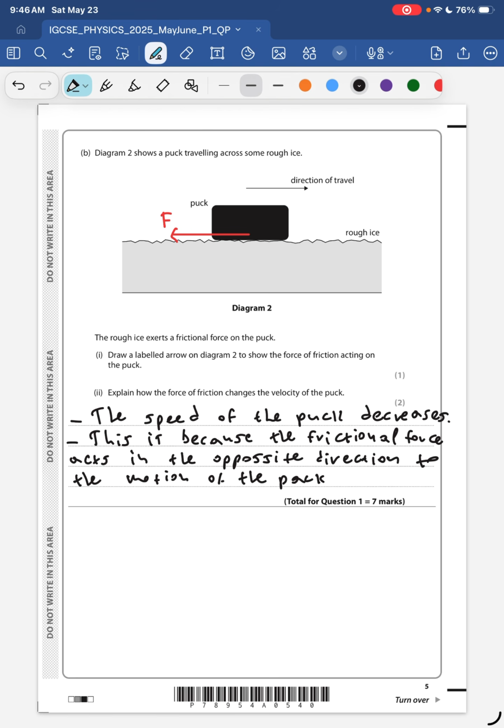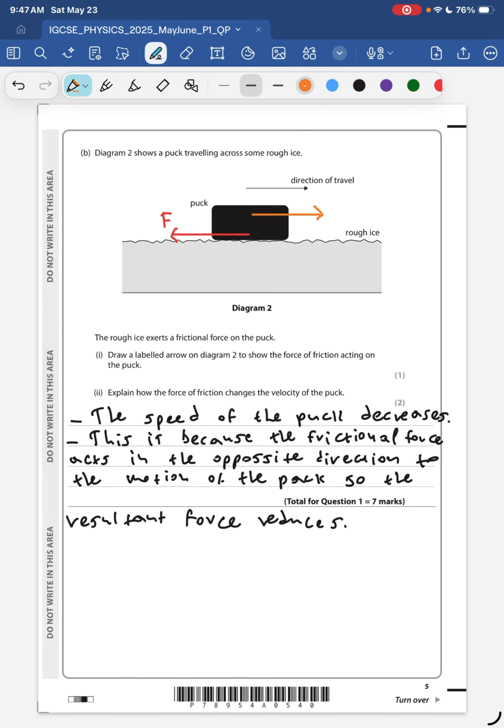Okay, so the resultant force reduces. Okay, so what we mean by that is that if there is a force that kind of makes this puck